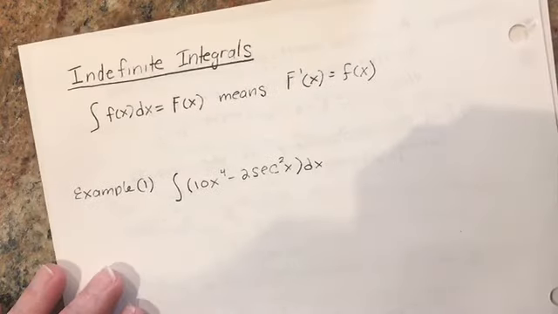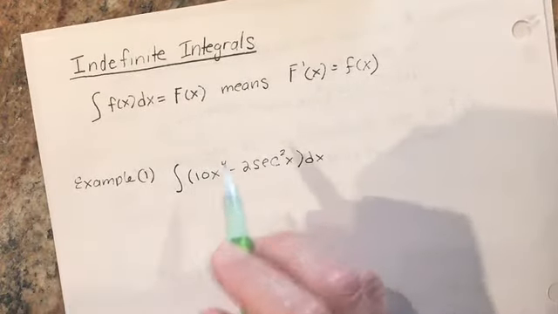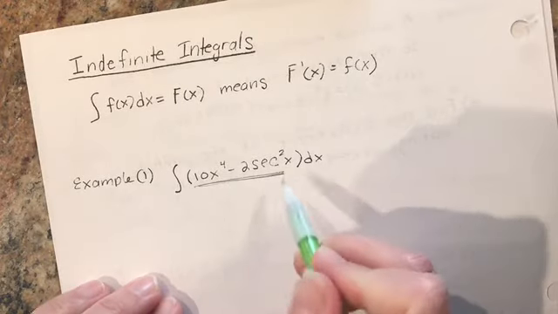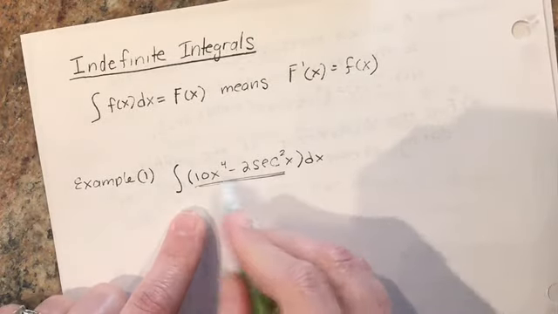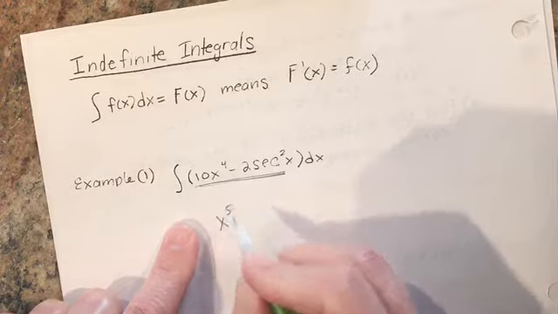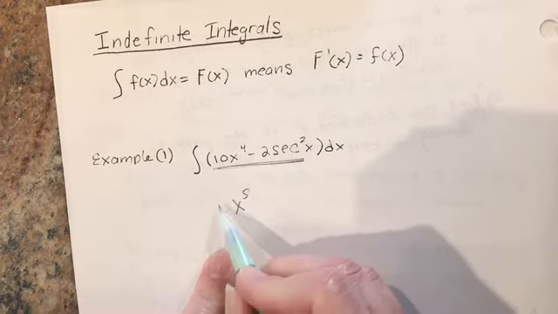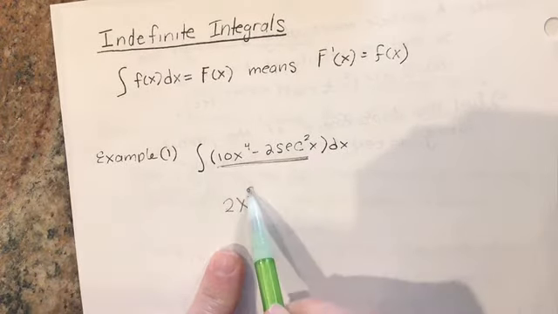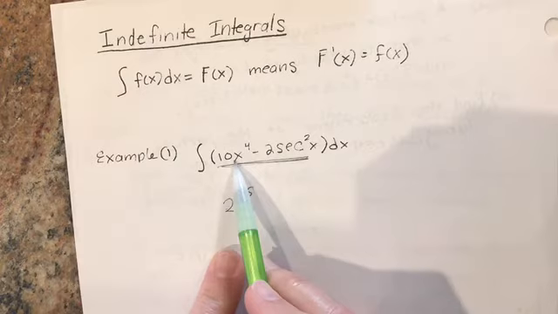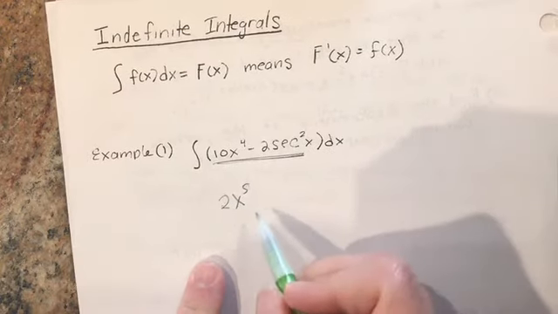So for example 1, if this is our function and we want to take the antiderivative of 10x to the 4th, that would become an x to the 5th, and we want it to become a 10 right here. When you take the derivative, that would become 5x to the 4th, so we'd want to multiply that by 2, because 5 times 2 would be 10x to the 4th, okay? And then